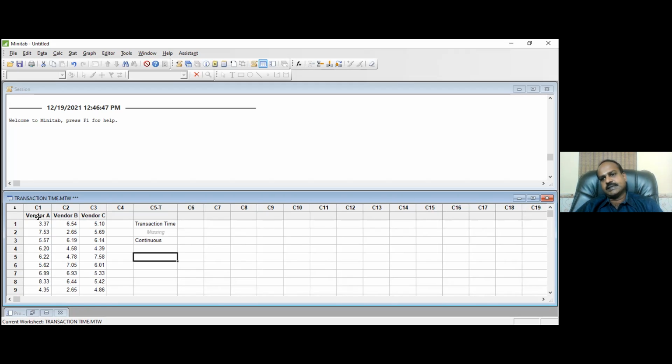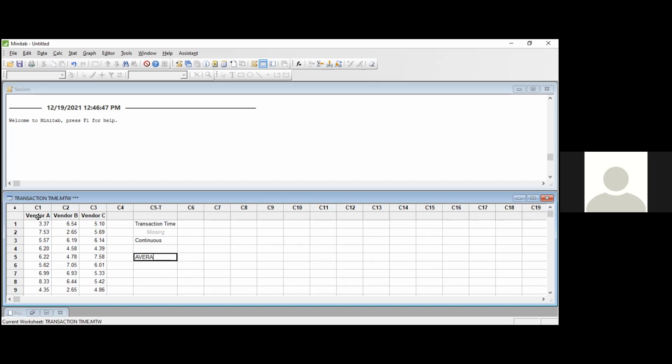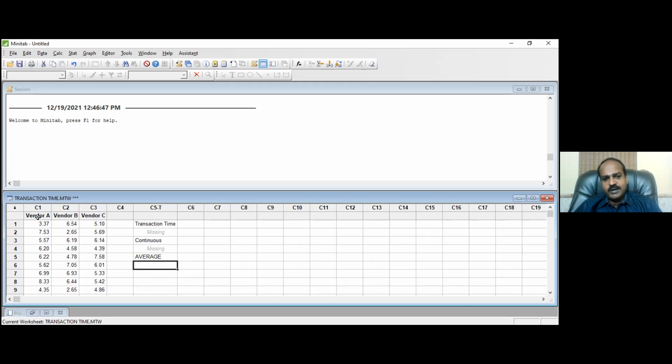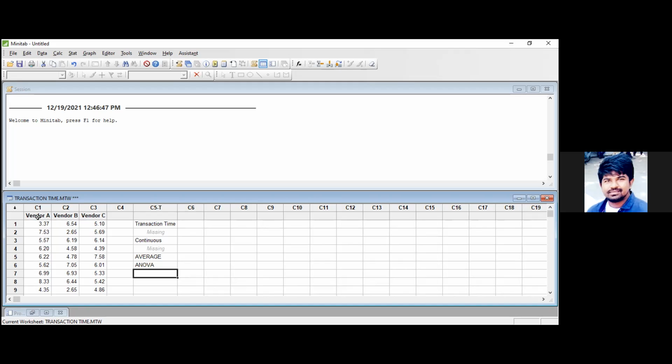Is it a t-test, a test of average, or a test of proportion? Test of average, very good. One guideline you got. And now, how many groups are you comparing? Three groups. Now, is it a 2-sample t-test or more than 2 samples? More than two. So what is this hypothesis testing called? ANOVA test. Very clear, right? You now understood this is definitely an ANOVA test.